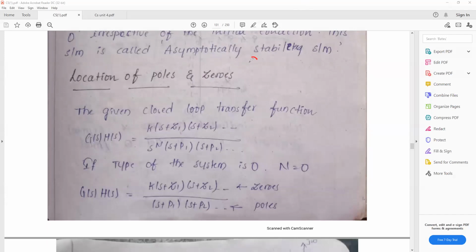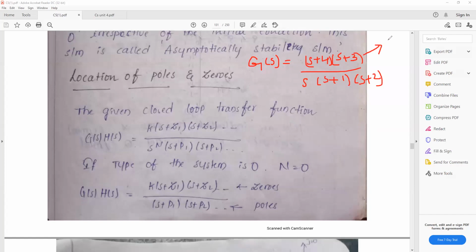For example, in the given transfer function G(s) = (s+4)(s+3) / s(s+1)(s+2). So in this transfer function,